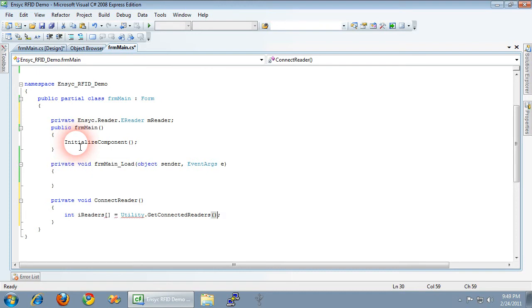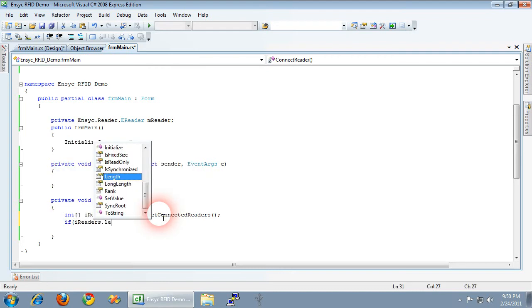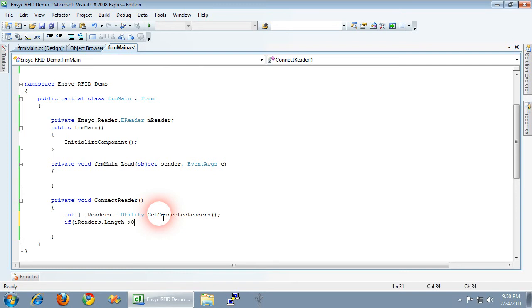This is integer readers. Okay, that should be fine. Oh, sorry, this is a wrong declaration, that's why it's not going. iReaders is equal to connected readers. So now let's see if iReaders dot length greater than 0, it means